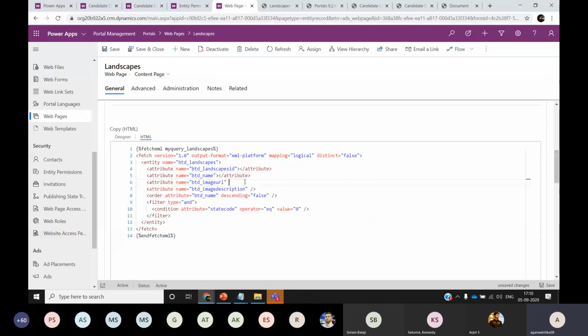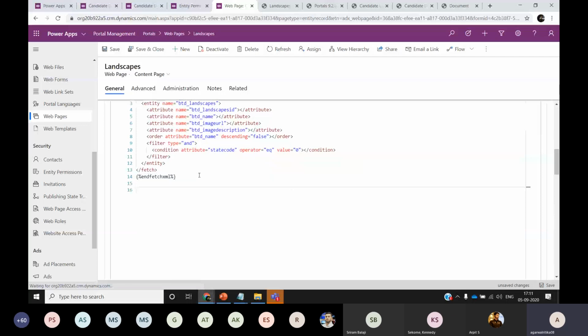So I'm going to replace all of these with attribute. Same I should do for the next one, and then the same for the last. Now my fetch XML is properly formatted and it has all the closing and opening attributes. So here the data is in this my query landscapes variable.